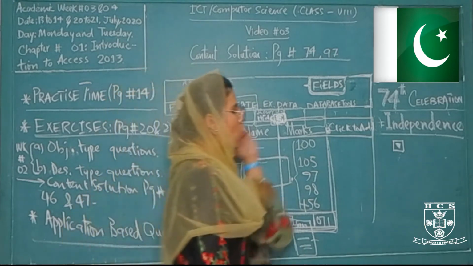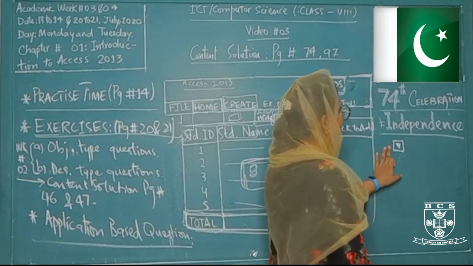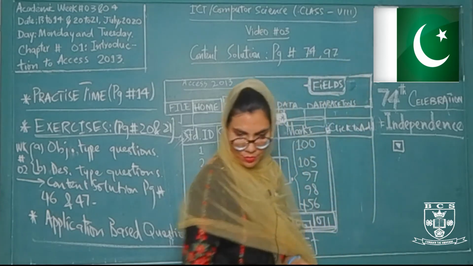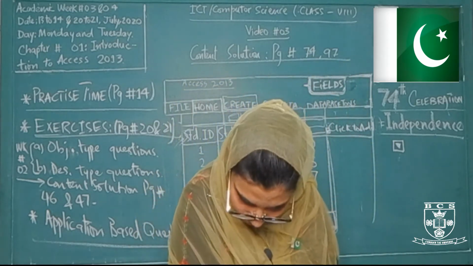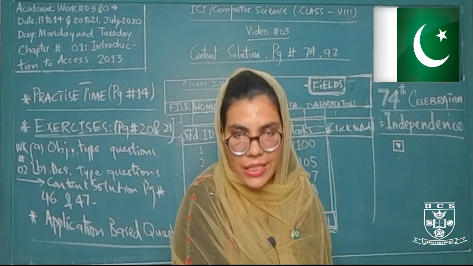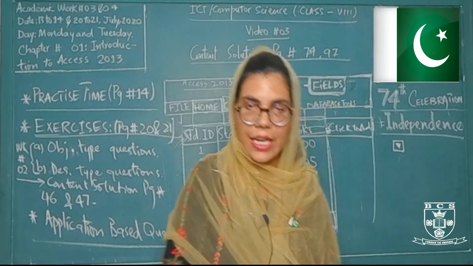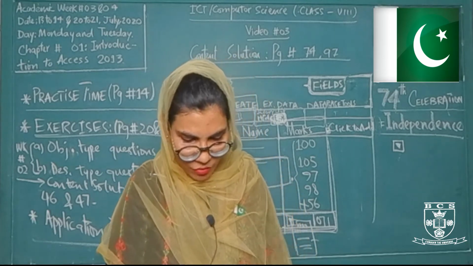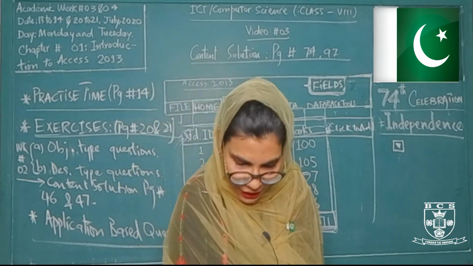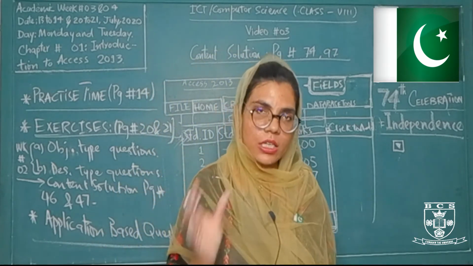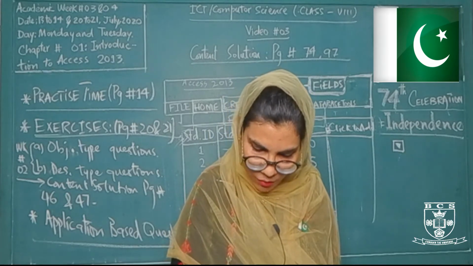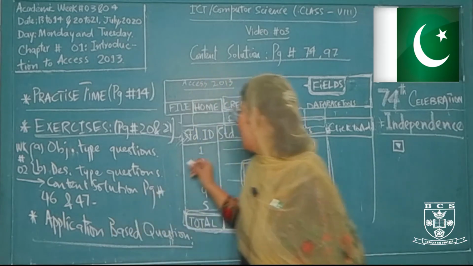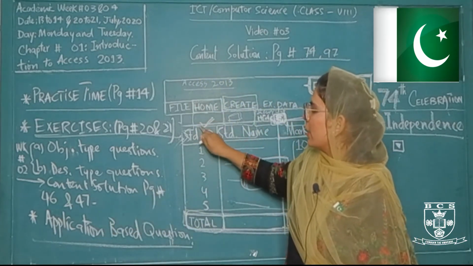You will click this option as you will click for the 3 different times. So for the very first time you will add or select the short text data type. For the second time you will select the date or time, and for the third time we will select yes or no. Then we have to double click for the different times to set the different fields. So for the first time we will double click the ID field. सबसे पहली field हमारी जो यहाँ पर default field होती है, double click हम इस पे करेंगे.